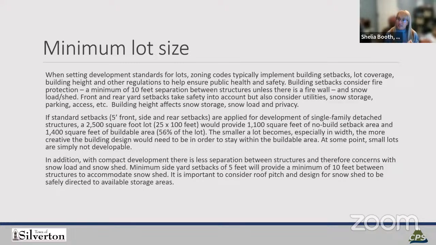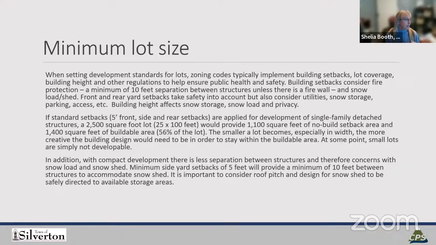We want to create consistency, and we want to create clear expectations. So as a property owner, I will know if I go out and purchase a lot, or if I have a lot that I'm looking to combine, what that minimum standard is, and then I can come in and build on it. The idea being that you can still have variance as needed. I mean, you may need something for 1 square foot here or a couple of inches here for setbacks and lot size. But as long as you have that minimum expectation, everybody knows what's expected.